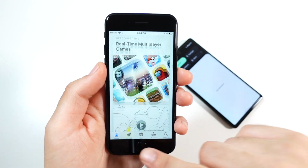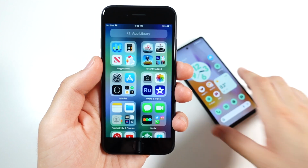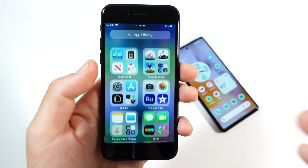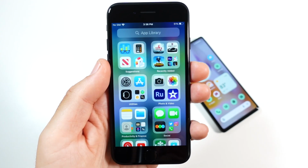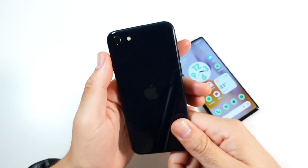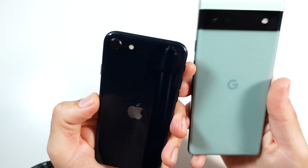And definitely you're not going to be downloading third-party software or going into APKs and stuff like that on this phone. You can probably find a way to jailbreak. People like to do that, but still most people aren't going to do that on the iPhone SE. This device right here just feels a little bit more secure, private, day to day. So that's going to wrap it up for me. You thought there wasn't 10 reasons, but those are my 10 reasons why the SE is better than the Pixel